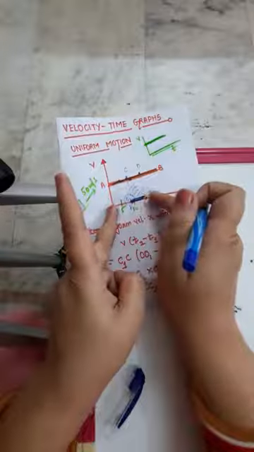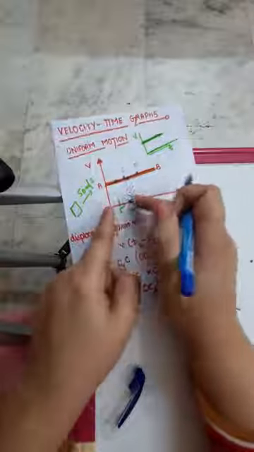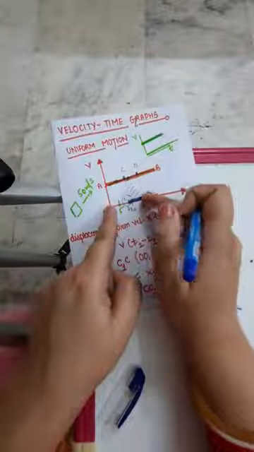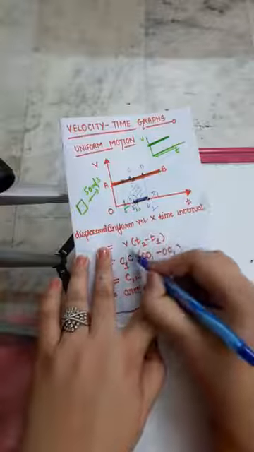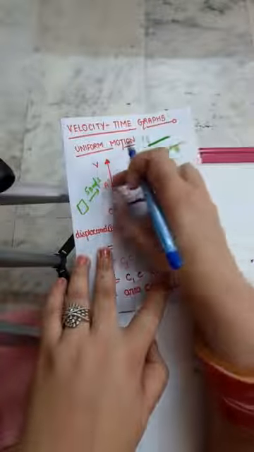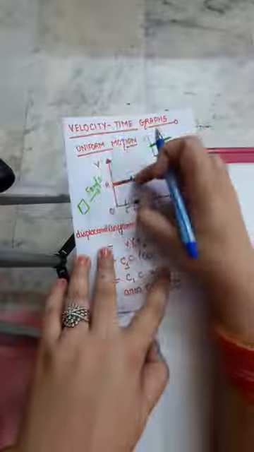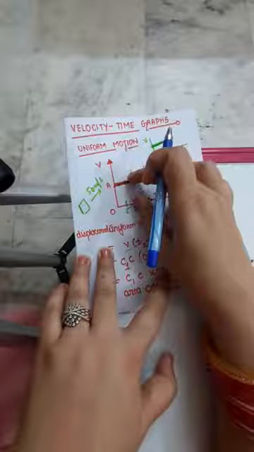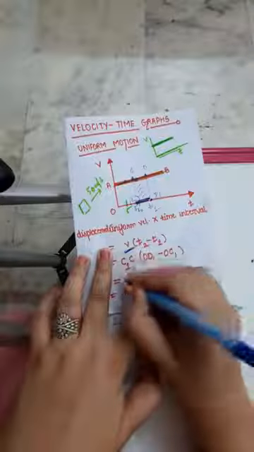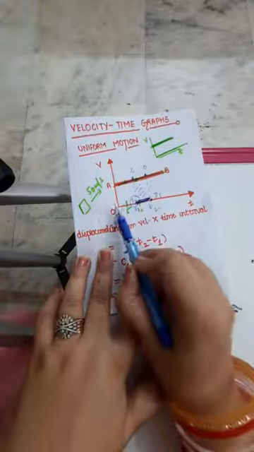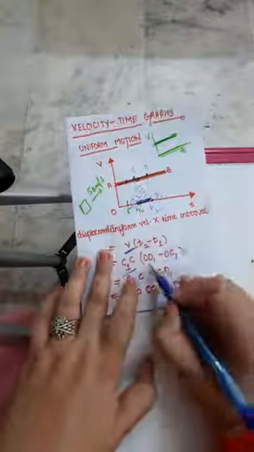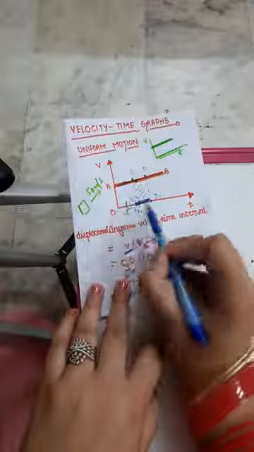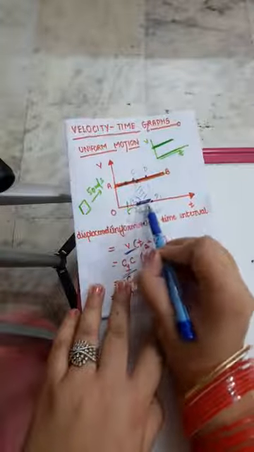This entire portion is T2 and this entire portion is T1. If you subtract this T1 from this big T2, you get this much portion, so I'll write it as T2 minus T1. But this velocity V is a vertical value, because the vertical axis is representing velocity, so that is equal to C1C. In place of velocity, I'll write C1C. For T2, I'll write OD1, and for T1, I'll write OC1. So OD1 minus OC1 will give you C1D1.